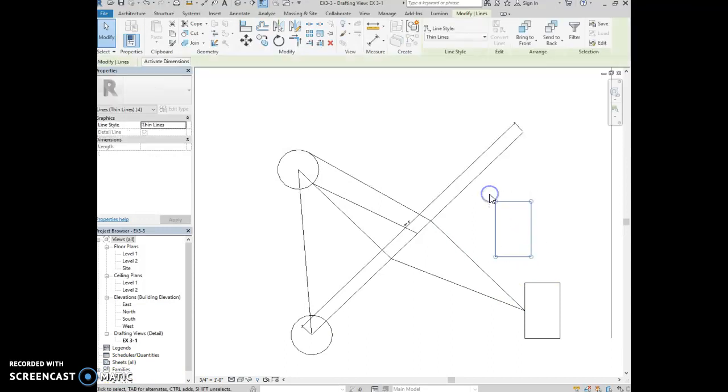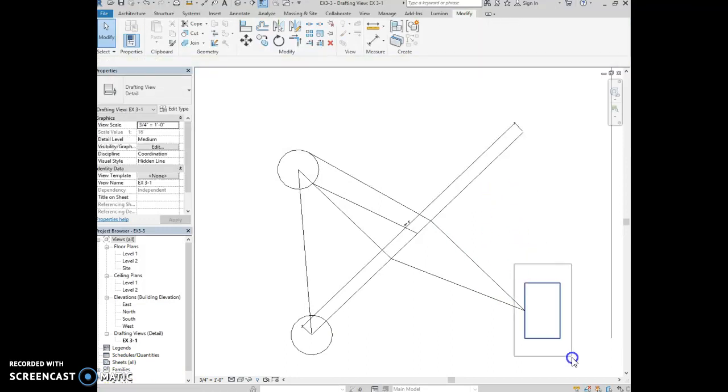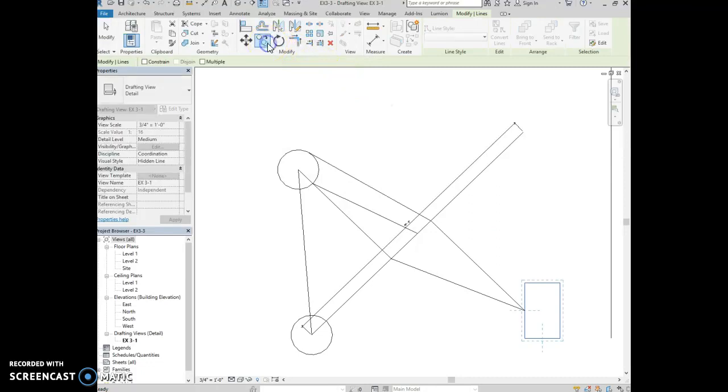Actually, what I'm going to do is I'm going to delete this. We'll try that again. So select all 4 of the rectangle, click copy, pick this point down here, and I'm going to move my mouse towards the upper right until the 45-degree angle is displayed. So that's it right there. And then I'm going to type,